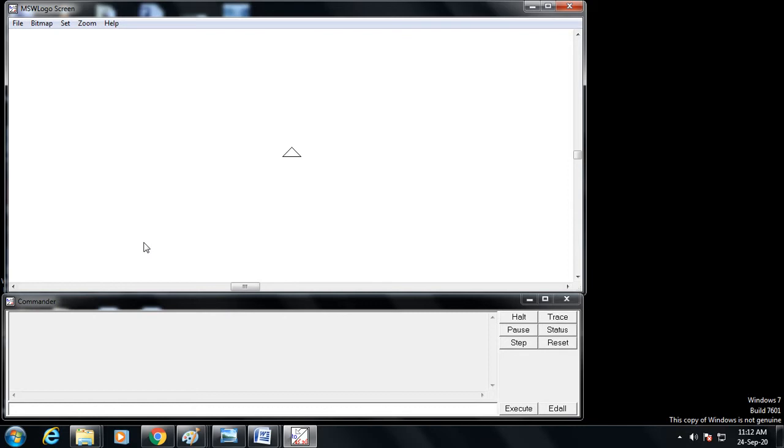There are some parts of this MSW Logo. This is the first part, where this object, that is the turtle, this triangle you can see, it is the turtle. This turtle will move in this window. Fine. And we will put commands in the command box, this is called the input box. When we give a command in this input box, this command will be stored in the command window. How this happens, you will see.